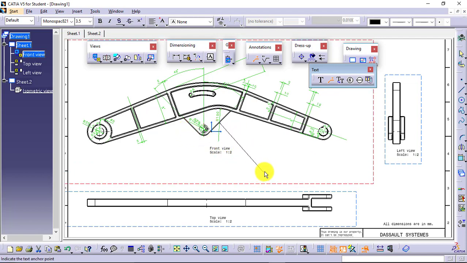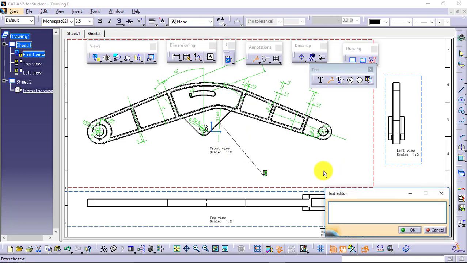So with that, this text will be aligned, and you can see as I am dragging the cursor, the window of the view is getting expanded, which completely shows that this particular text or text with leader is aligned with the view.